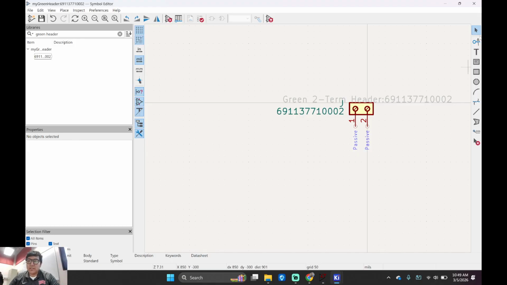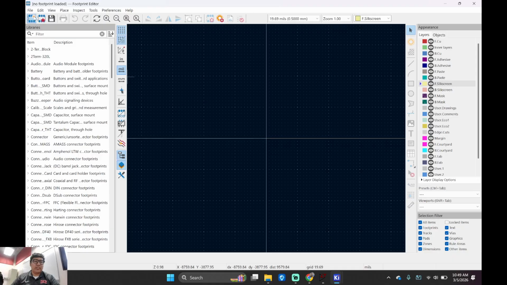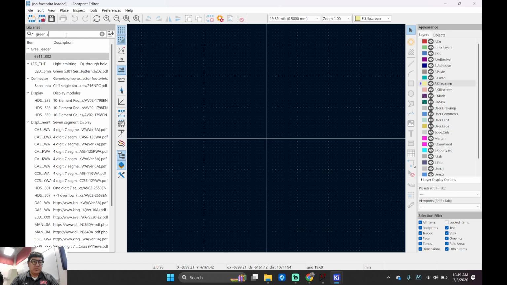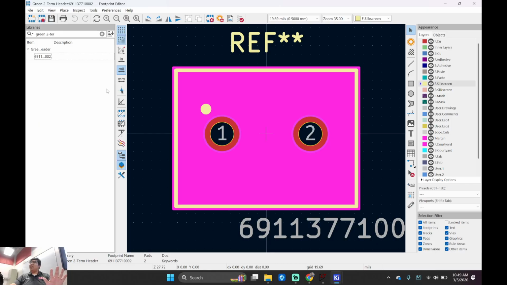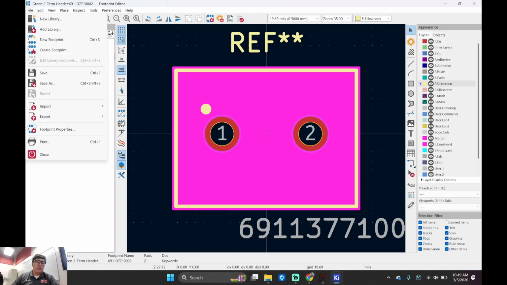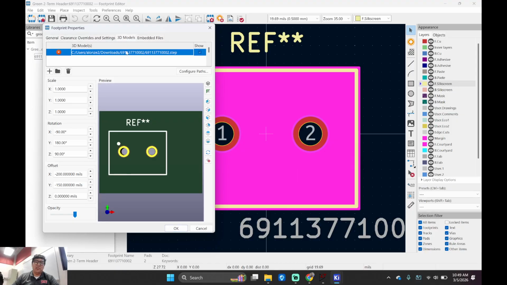Cool? So I'm going to exit out of there. I'm going to go to the footprint editor, okay? This is what you're going to be doing for your 3D model. So let's go to Green Two-Term, right? Double click on that, right? I'm going to go to File, Footprint Properties. Go to 3D Model. This is where you're going to add your models, okay?